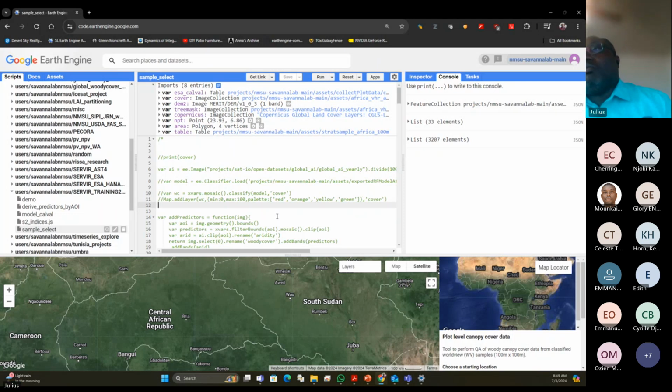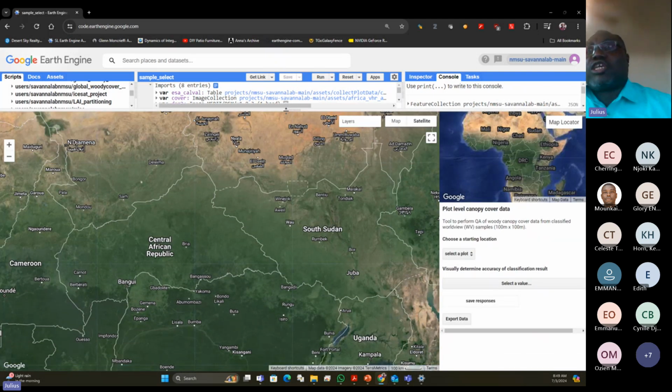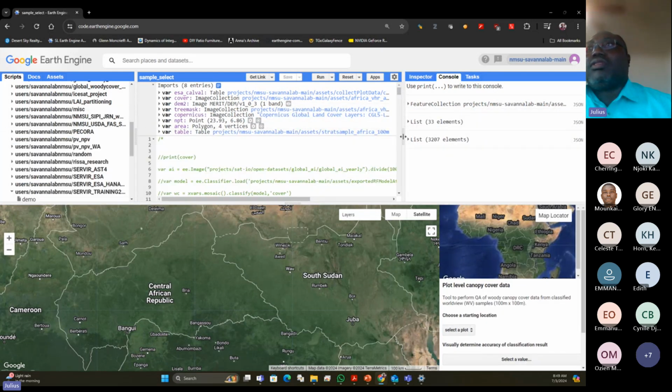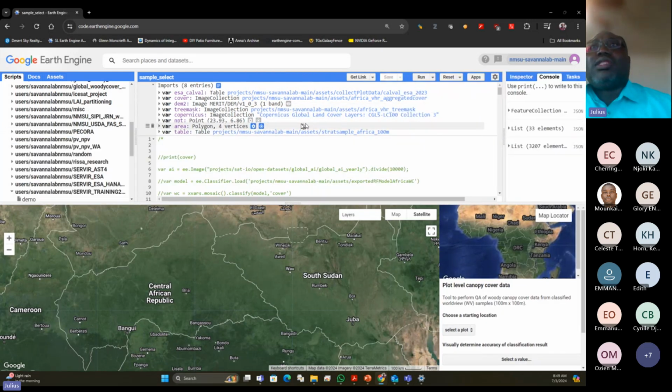Based on that, we created this little code that I did here. It's meant to follow up a visual check. So from this code, I have already extracted over 3,000